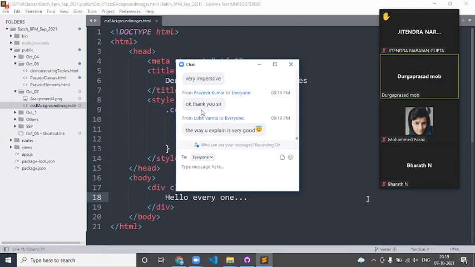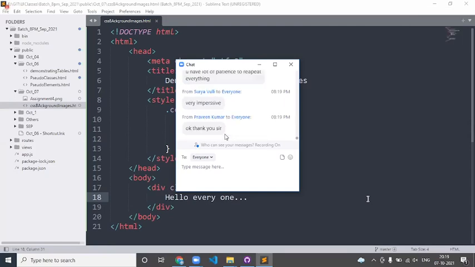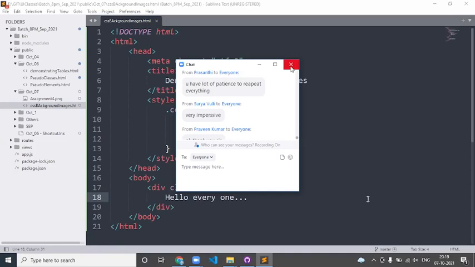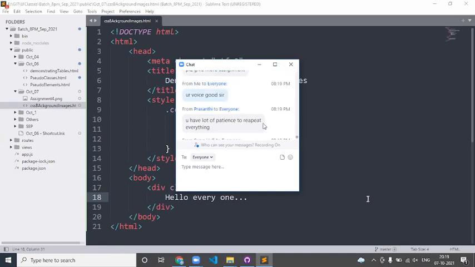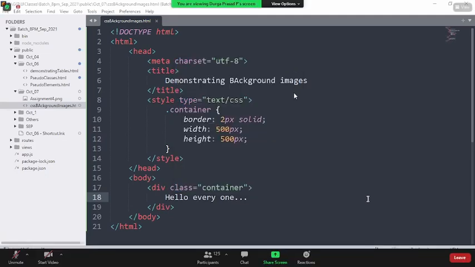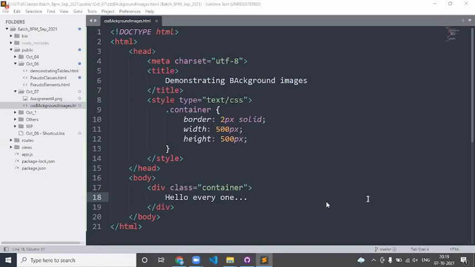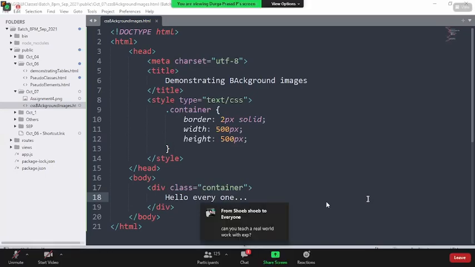Basava says, sir, I want to get a job in web development, so please explain which tags are used. Basava, we haven't started yet; we are just in the initial stage. You will get a list of a minimum of 100 plus tags that we are going to discuss in the class itself. Maybe at that time you will understand. So that is why I'm asking: till now, whatever classes happened, are you satisfied or not? If you have any suggestion, like Praveen saying to go a bit slower, I will take it and make sure I do that. Someone is asking about the assignments.